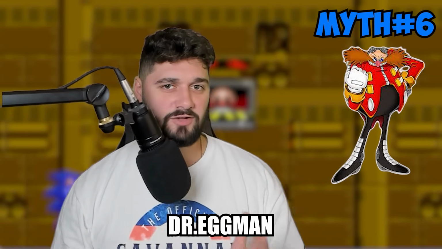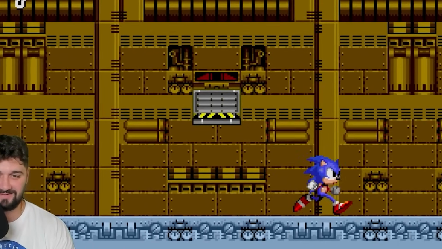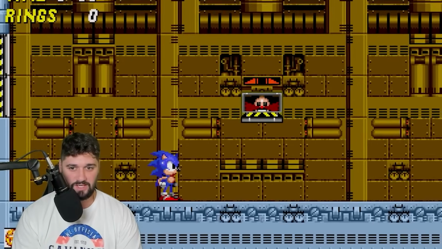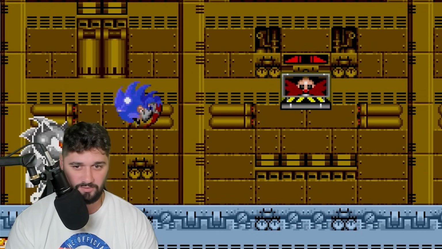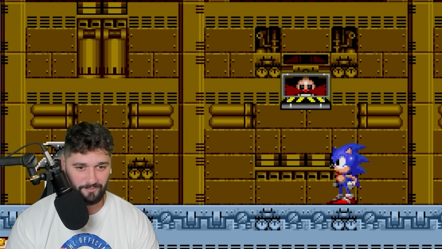Here's the next myth. Dr. Eggman laughs if you die in the Death Egg Zone in Sonic 2. All right, we slogged it out to... Actually, no, this is not a slog. I love this game. So we made it to the Death Egg Zone. If you guys look right here, Eggman pops his little head out. Look at him. He's just sitting there. He's not really doing anything. All right, let's see what happens if I hit his little minion. Oh, he gets upset. Look, so his reactions actually change based off of what you do to his little fake...